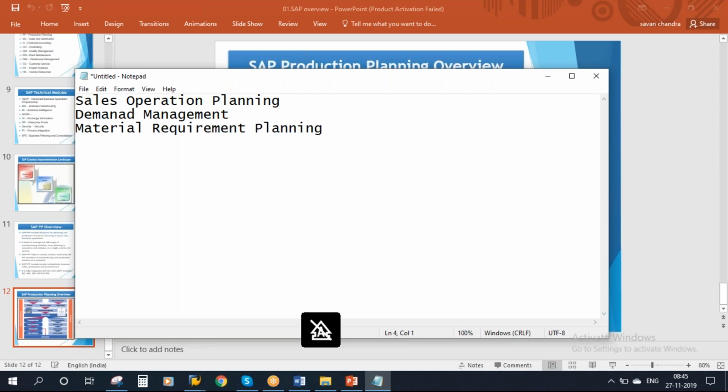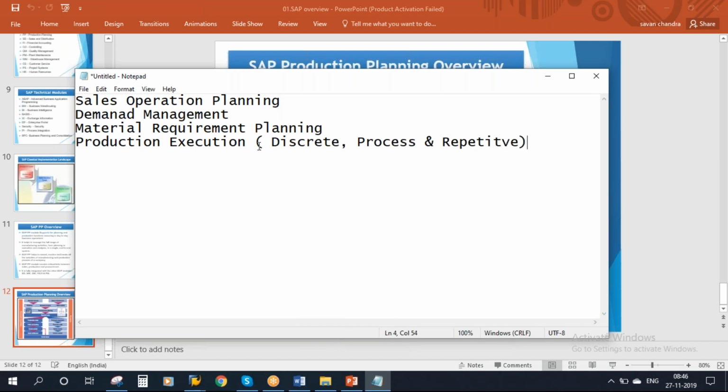And after that we will discuss production execution. Here we will cover three industries: discrete, process, and repetitive. Three types of industries we will cover in production execution, and on top of that we will be discussing batch management.